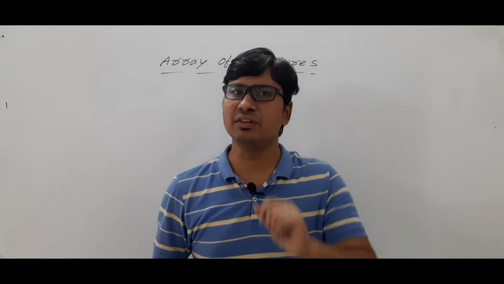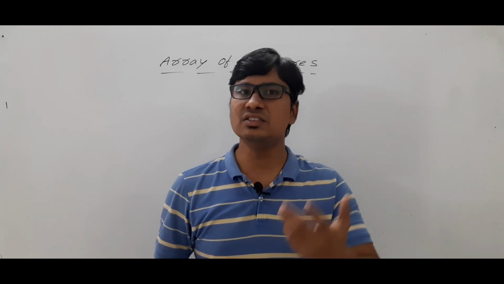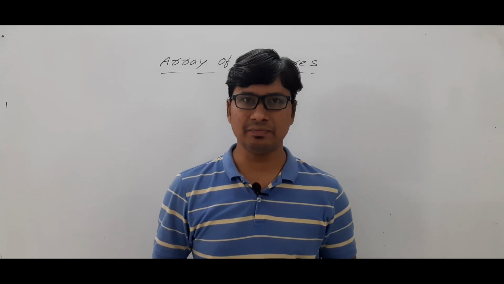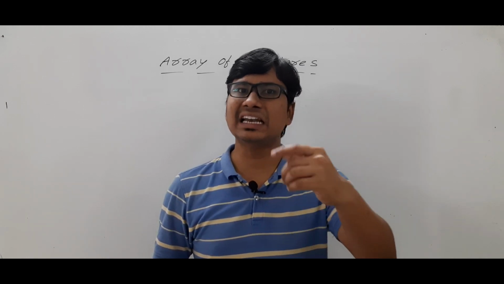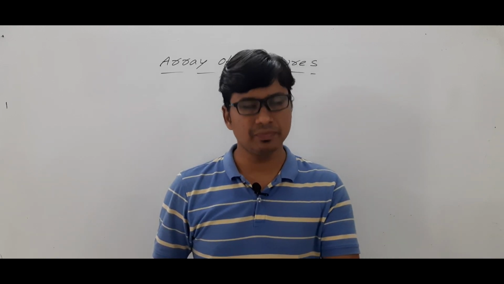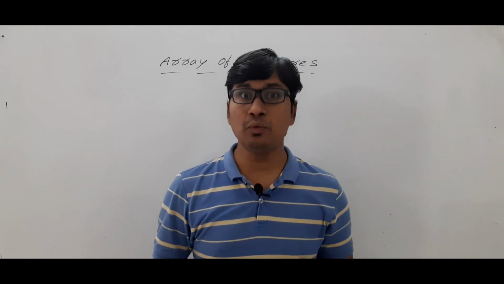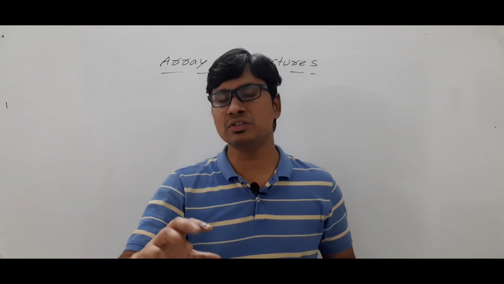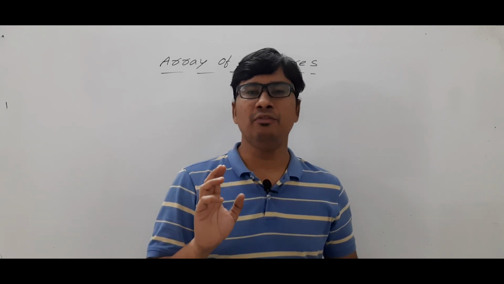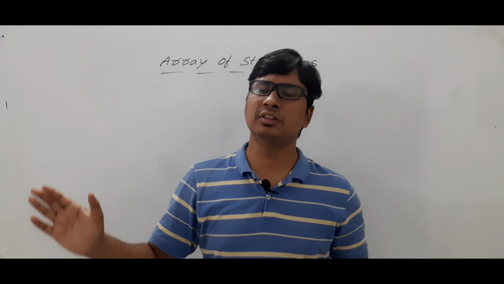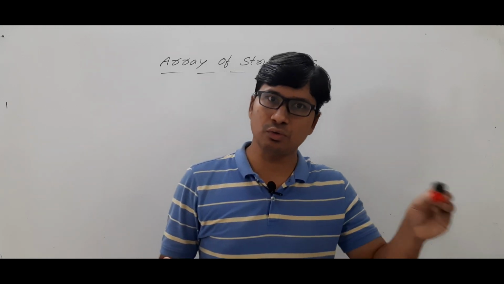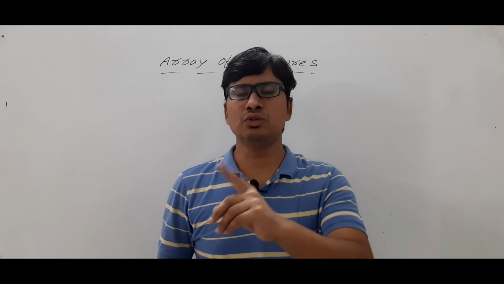Suppose I have defined a structure called faculty consisting of members called faculty ID, faculty name and faculty salary. Now if I want to declare one variable, I need to use the keyword struct, the structure name and then one variable. Now I want to create some 100 variables of the structure called faculty. Then how many variables do I need to write? Variable 1, comma variable 2, comma variable 3, and so on up to variable 100, and the names of these variables should follow the rules of the identifier and also they should be unique.